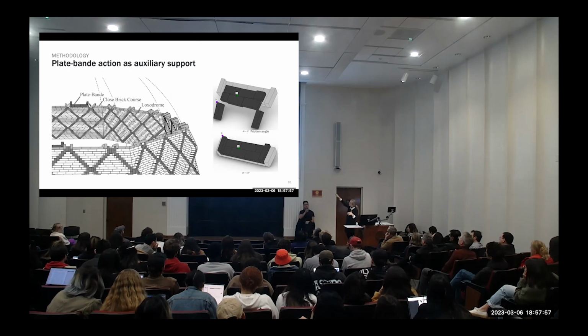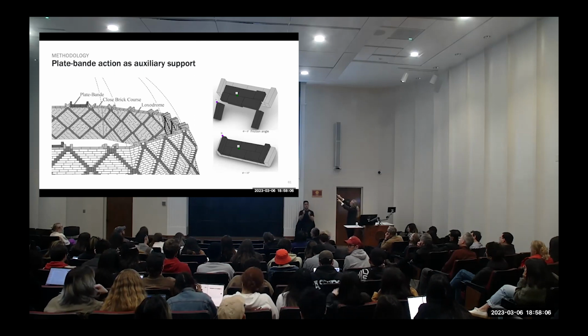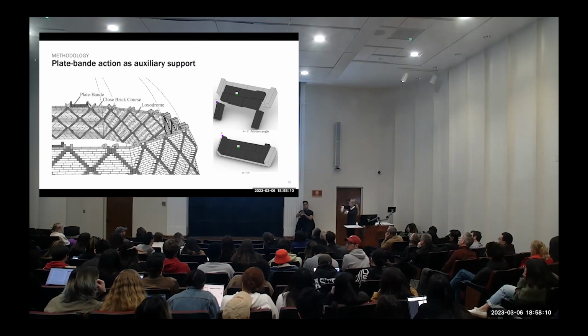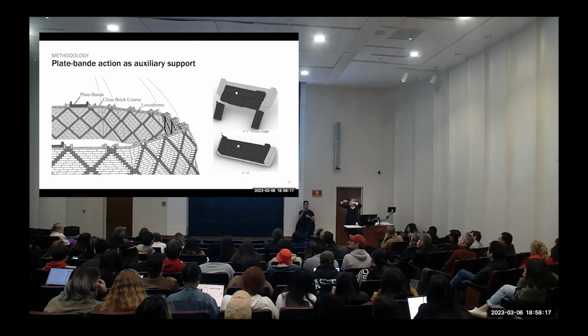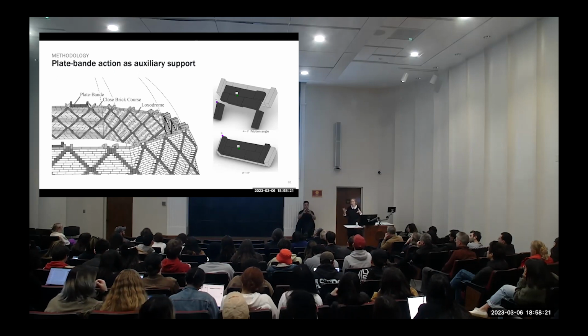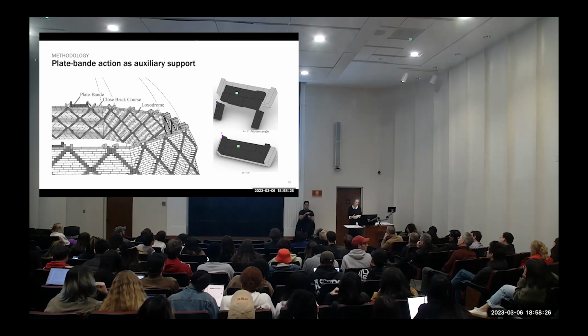If you have some friction, then these bricks, when they want to start sliding inwards, collide against the outer bricks, and then the outer bricks transfer the forces to the layer below, and then those to the layer below, etc., etc. And in that way, you can actually construct a dome all the way up without using any scaffolding or support. Of course, you would need some scaffolding for the masons, but structurally speaking, or mechanically speaking, you don't need any external support.